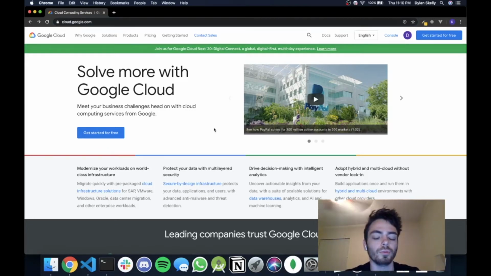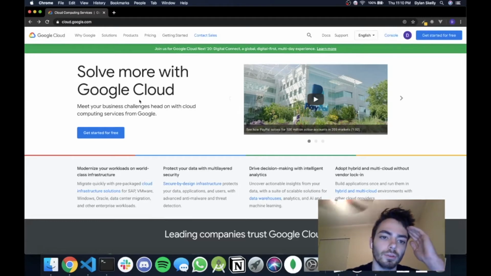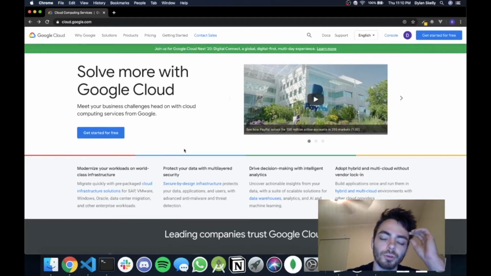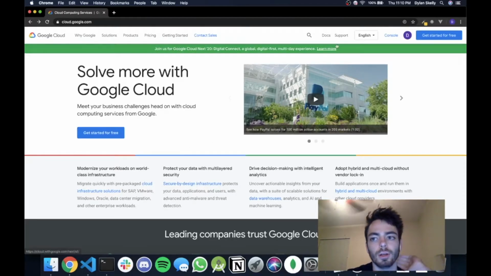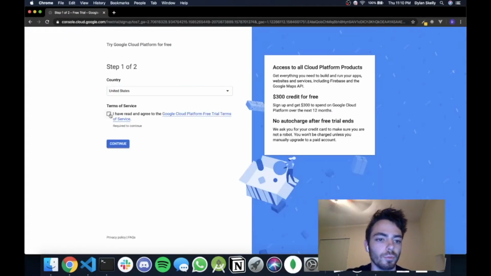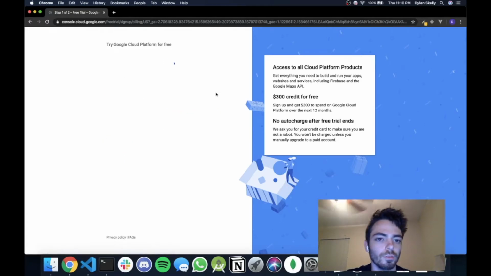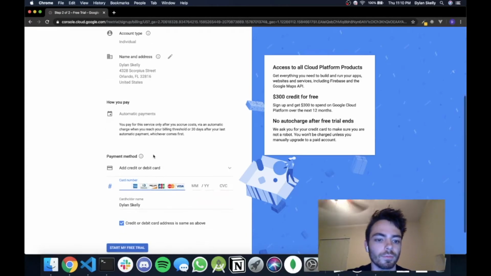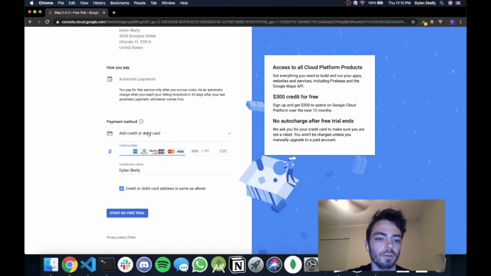So Google Cloud is nice because it will actually allow you to get $300 in free credits when you create a new account. So again, I don't have any kind of Google Cloud account on this email that I'm in right now, so I'll click Get Started for free, and it'll bring me through the process of creating a new one. So I'll just go here, continue, and as you can see, you do need to put in credit or